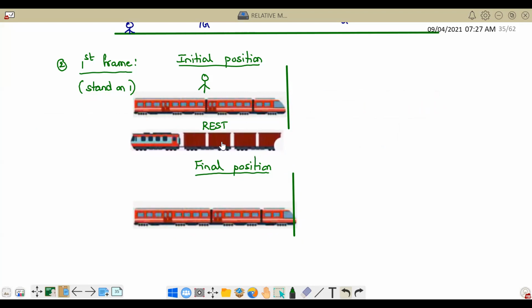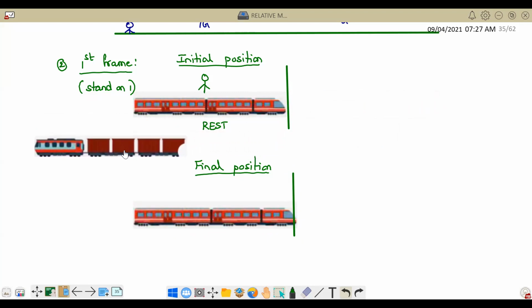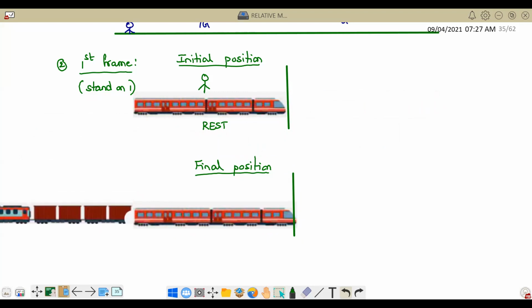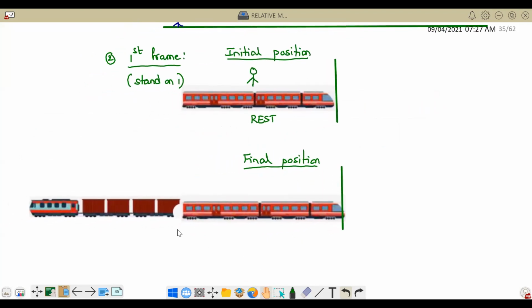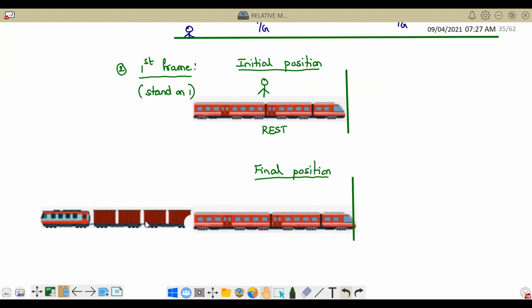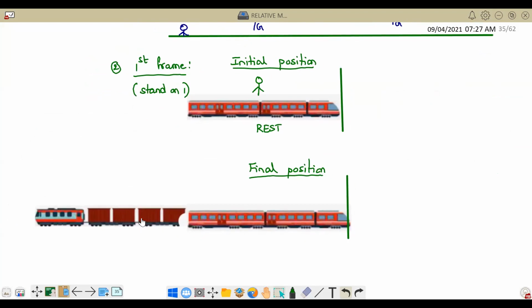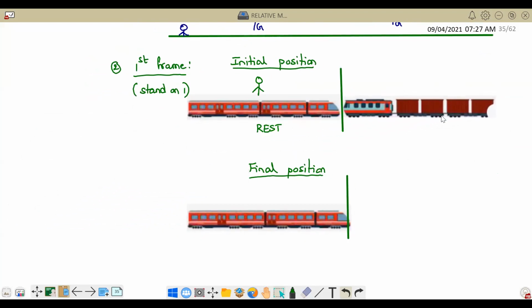Sir. No. When the last part of the bogie crosses, are you able to understand that? Then we can say that it has completely crossed. Okay, so that means